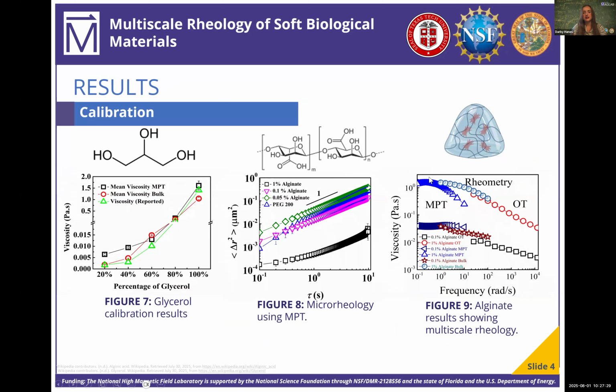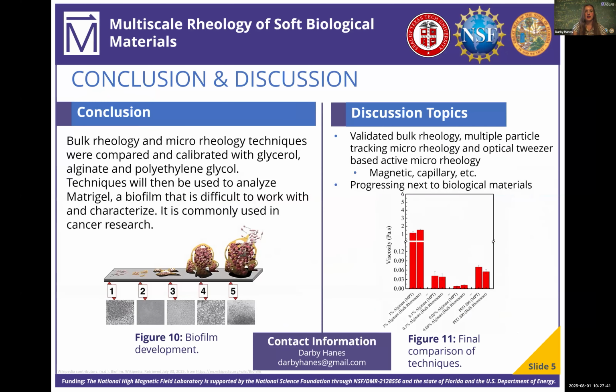And then finally, we compared multiple particle tracking, rheometry, and optical tweezer microrheology in figure 9. And you can see that all of the plots are nearly continuous, which means all of our results align with each other. And then in conclusion, we did calibration with some of the simpler materials, and we got to start